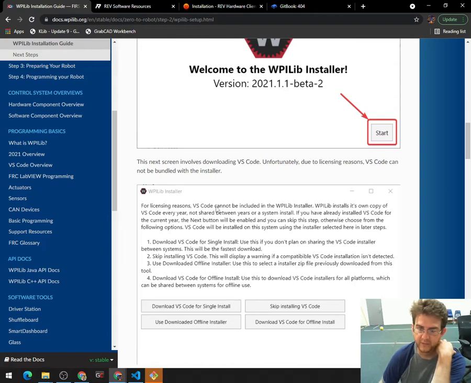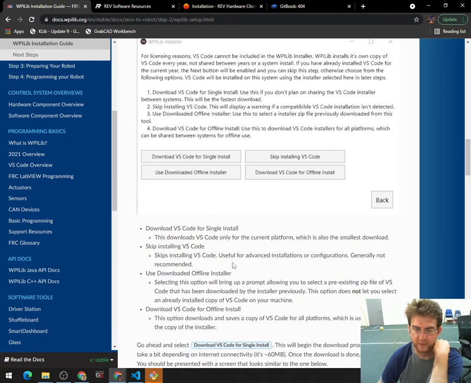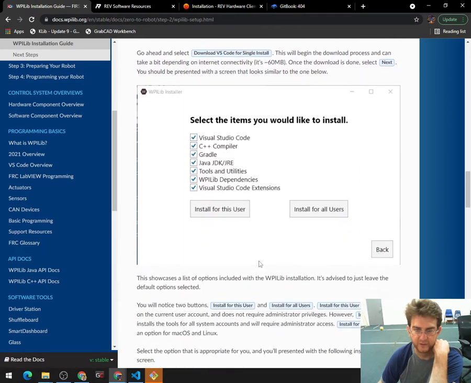If you have VS Code installed for some reason, it installs its own version of VS Code. And so generally you'd have to click to download it. You can skip it if you've already downloaded a copy of the right VS Code, but that's not recommended typically. So I'd just follow along and download the single install copy unless you have reason to do otherwise. And then